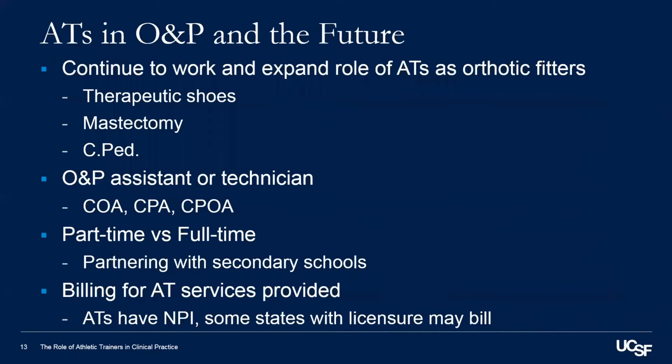Once California gets on board and realizes that they need to do that and that happens, the idea is in the future that athletic trainers, when we are running these ACT clinics, when we are doing rehabbing clinics, that time will be billable to insurance, and that's something that we can get reimbursed for to justify using that athletic trainer's time in clinic, maybe away from something else like fitting OTS. So that's always in the future. That's more farther in the future. That's not something that's going to happen anytime now, but we're hoping in 5 years is kind of our goal